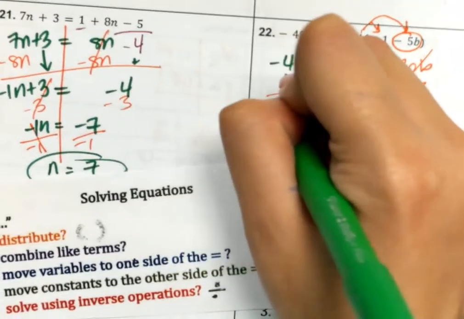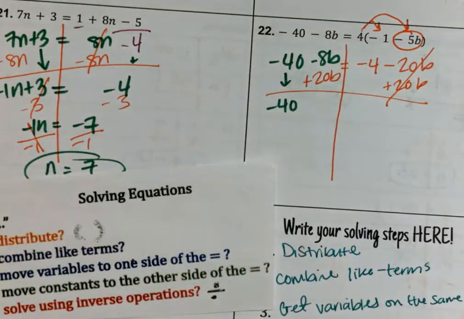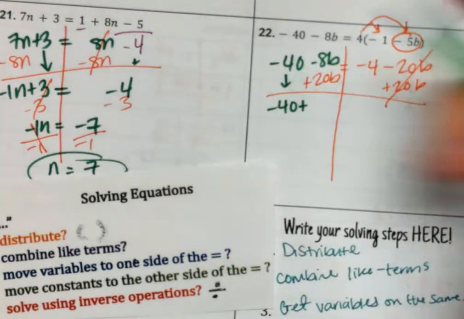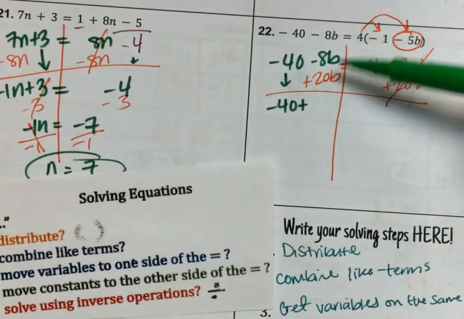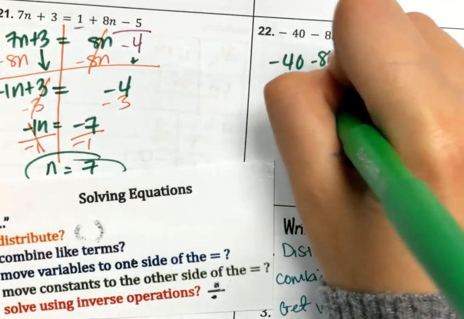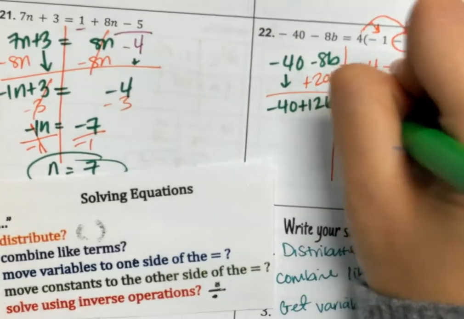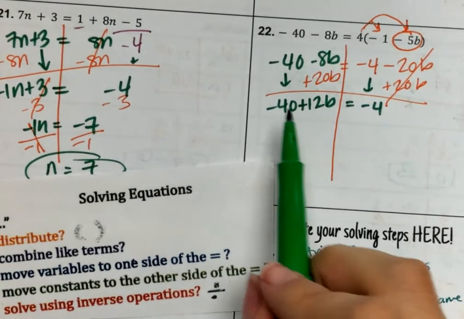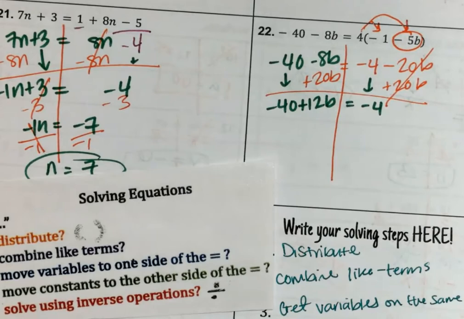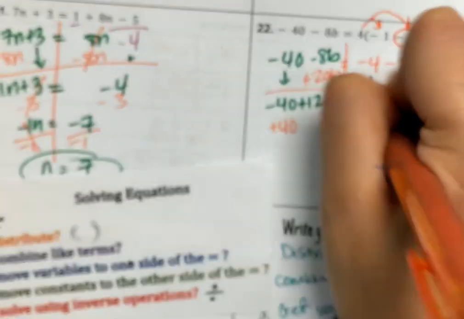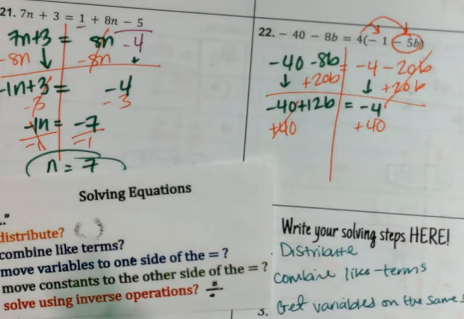Nothing happened to my negative 40, so I can bring it down. Negative 8 plus 20. You have more positive, so your answer is going to be positive. Another way of looking at this is 20 minus 8, which is 12. Don't forget your b. Equals negative 4. Now I want to cancel out this negative 40, so I'm going to add 40 to both sides. And you get 12b